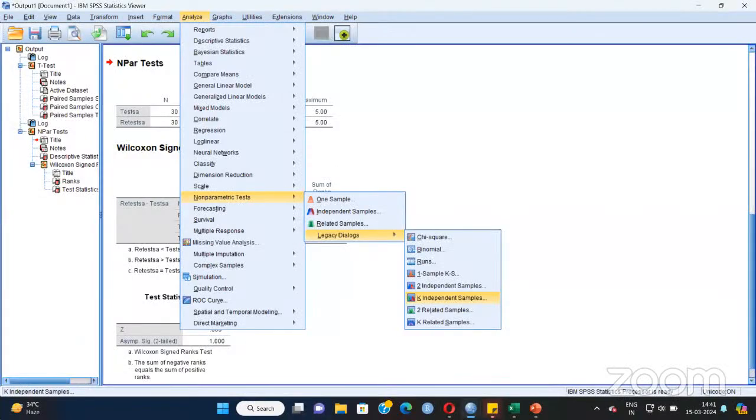Now I am coming to the non-parametric approach. What is the non-parametric approach? Is it visible, the non-parametric approach? Yes, sir. Okay. So in SPSS,